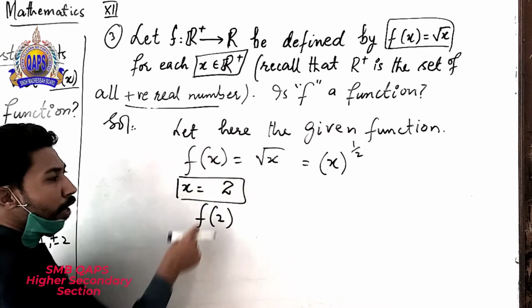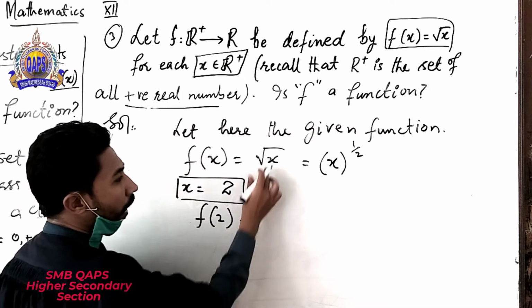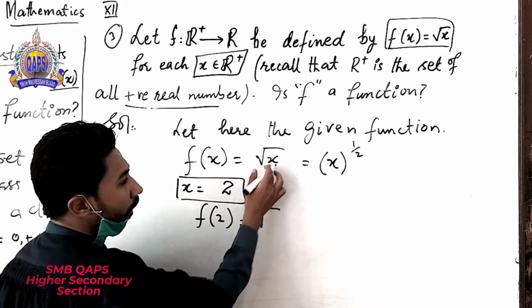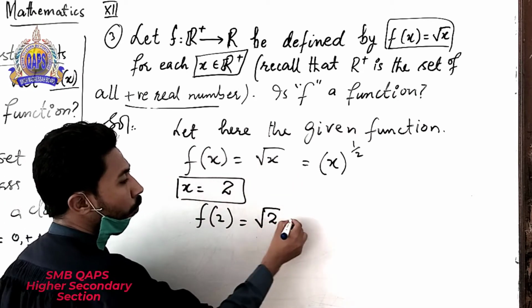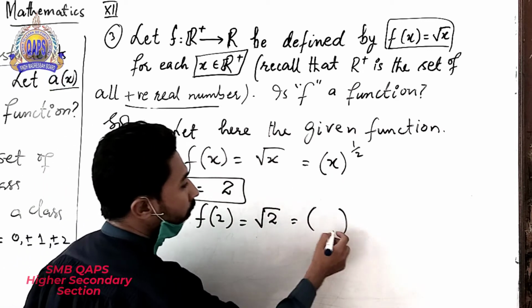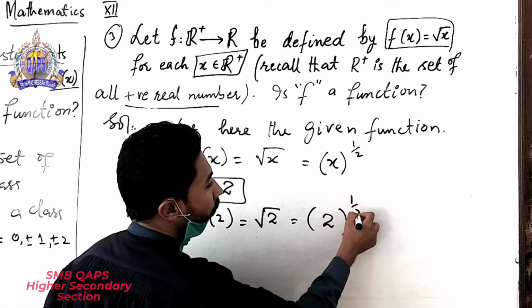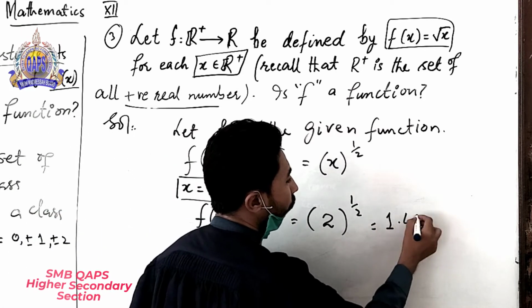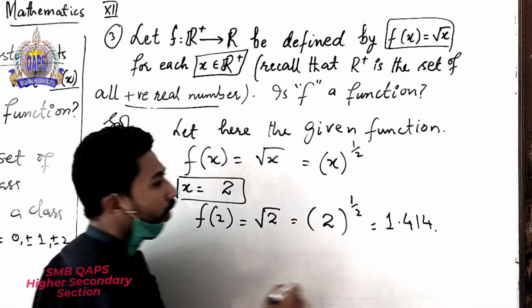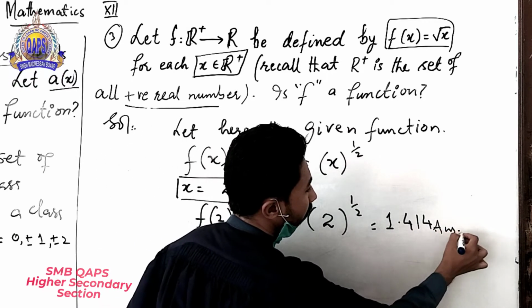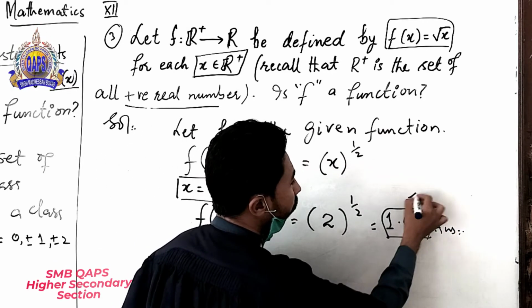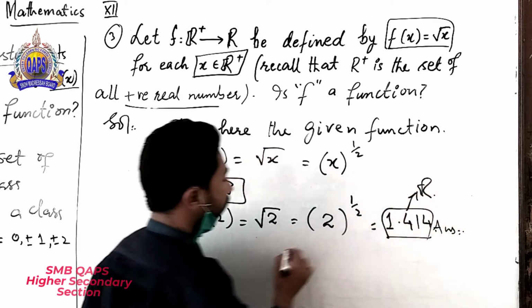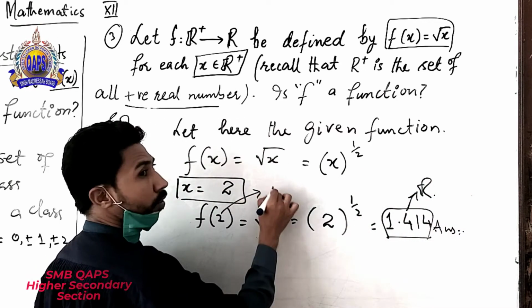Here we put the value of x equal to 2 in radical x. Now in the place of x we put 2, so it is 2 to the power 1 upon 2. Then the result is 1.414. So that's our answer, because this point relates to the real numbers and this point relates to the positive